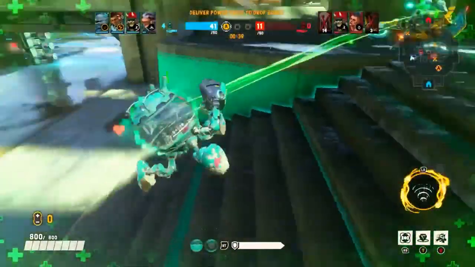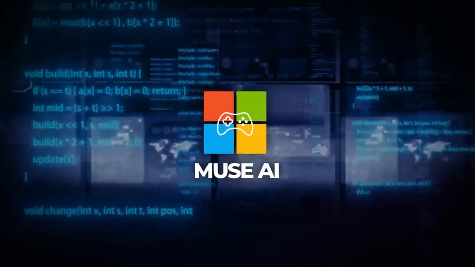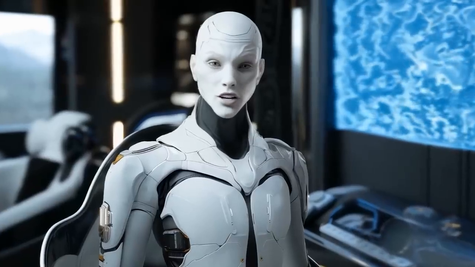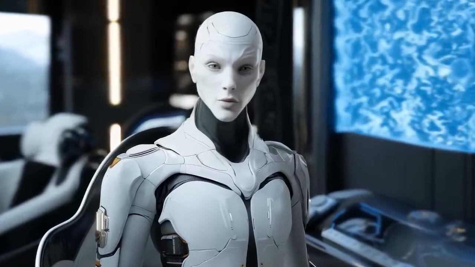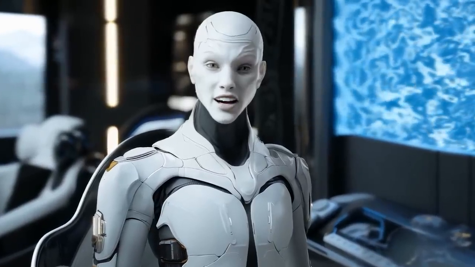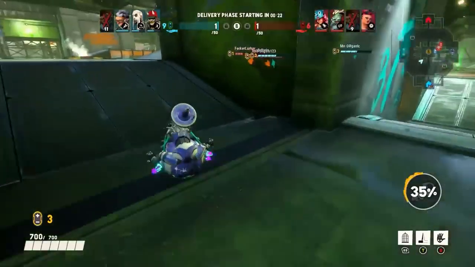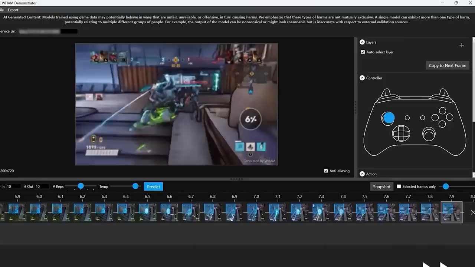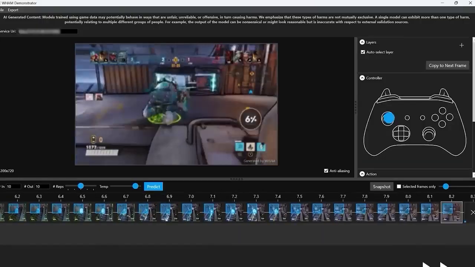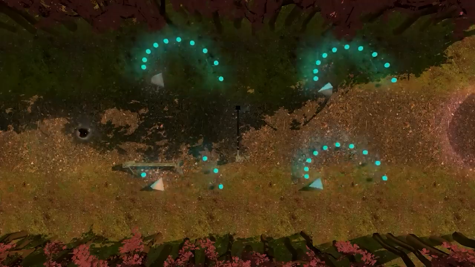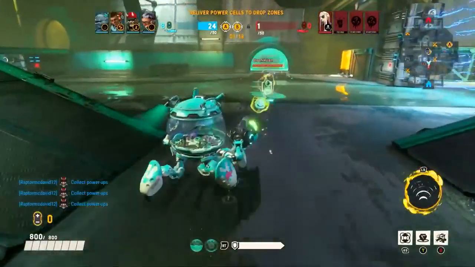Tested it on different in-game maps, and found that Muse could do all sorts of interesting stuff. It can, for example, be prompted with real gameplay footage for a few seconds, plus the controller inputs, and then it continues generating the next several minutes of gameplay, often matching what the actual real gameplay looked like. Or it can just take the button inputs and imagine how the game would respond. The better it matches real game physics, the more it shows it understands how Bleeding Edge works.